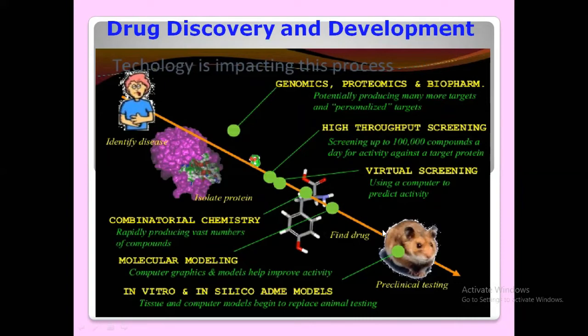By all these steps, you find a drug, and the drug can be given to preclinical testing. Before giving it to humans, it is given to an animal system. Then after that, FDA approval, then human clinical trials, and finally the active drug comes to the market. Here you see that from identifying the disease to preclinical testing, the time needed is very, very little when you compare with the traditional method. So time consumption is greatly reduced, and that is the advantage of using technology for drug discovery and development.